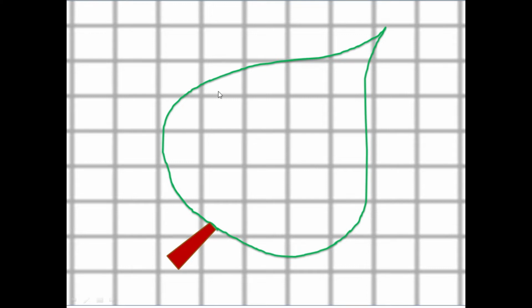Let us see. So first of all, we are going to give numbers to the squares which are completely inside the leaf's boundary. So 1, 2, 3, 4, 5, 6, 7, 8, 9, 10, 11, 12 and 13. So 13 squares are completely inside the leaf's boundary, and now we are going to look towards the squares which are incomplete and near the boundary of the leaf.